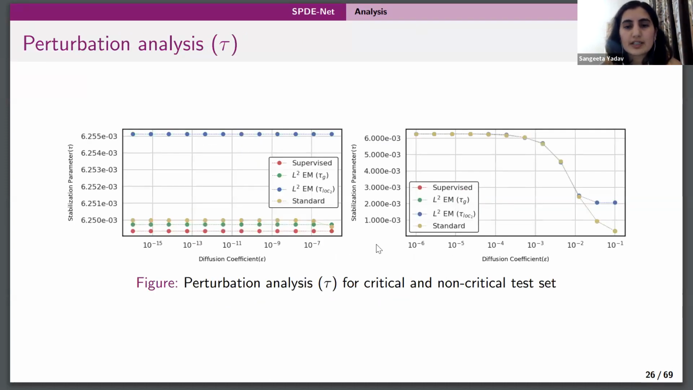Here for the critical and non-critical test set, we can see the performance of the SPDNet in terms of the predicted stabilization parameter tau. So we can see the value of L2EM local is very far from the other three techniques, but the supervised and the L2EM global are pretty close. And here for the non-critical test set, everything overlaps each other, because any value of stabilization parameter is good for